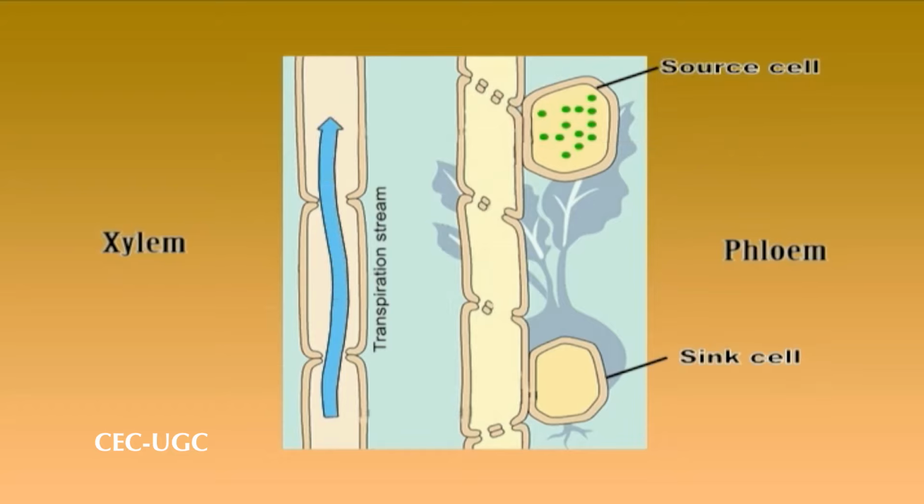The pressure gradient is established as a consequence of phloem loading at the source and phloem unloading at the sink. In sources, energy-driven phloem loading leads to the accumulation of sugars in the sieve elements, generating low solute potential and causes decrease in water potential. In response to the water potential gradient, water enters the sieve elements and causes turgor pressure to increase.